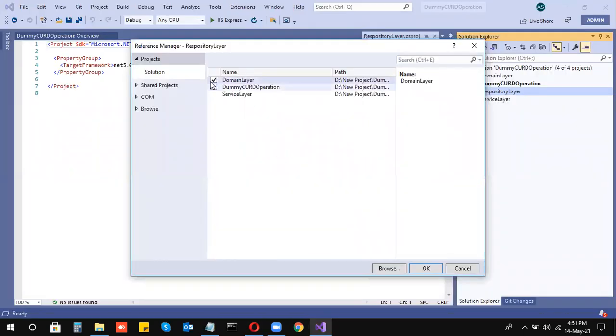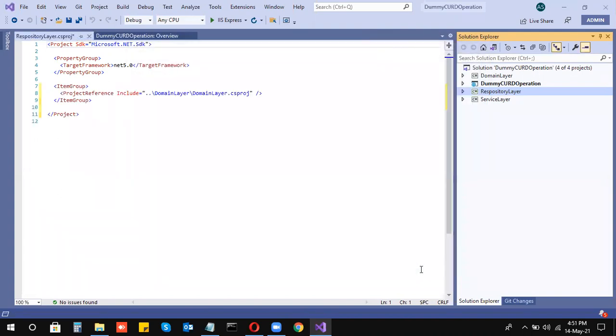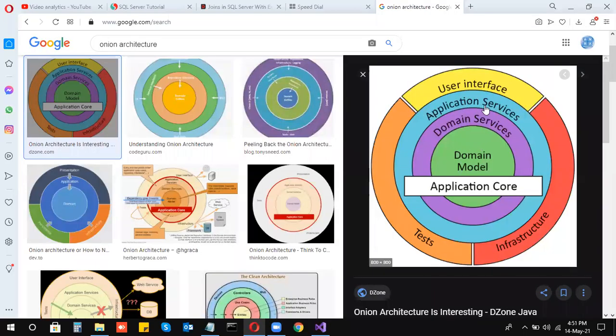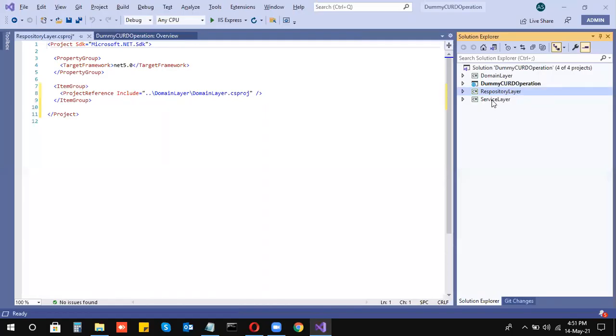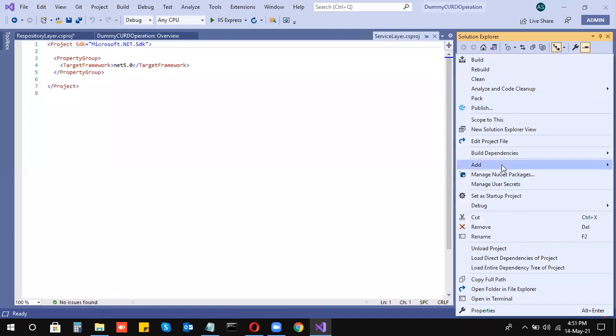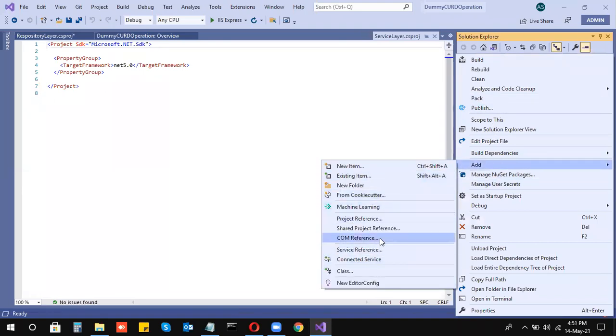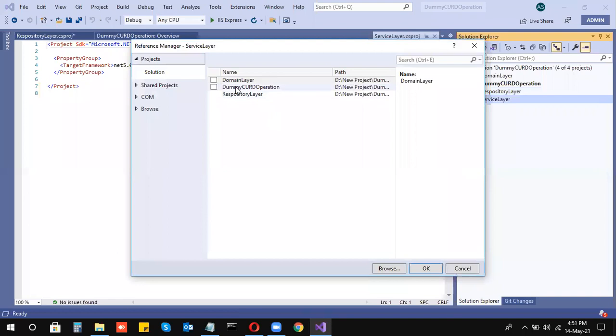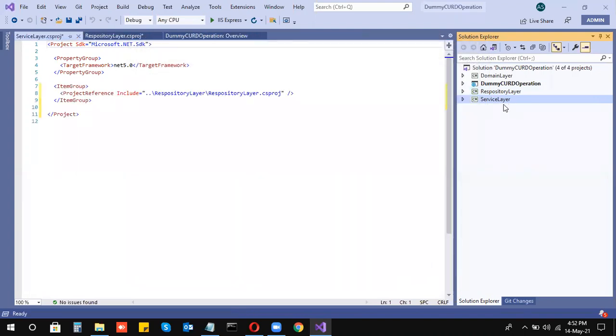So here I'm going to create a reference of the domain layer inside the repository layer. Now the application services are dependent on the domain services. So I'm going to add project references, and here I add the reference of the repository layer inside the service layer.